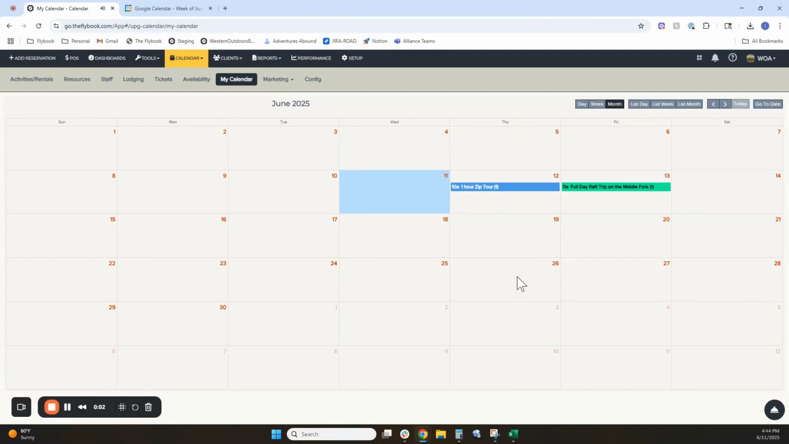All right, going to talk a little bit about setting up a connection between scheduled events or scheduled activities in Flybook and personal Google Calendar accounts. So I'm logged in as a personal user here that has a staff profile that is assignable to trips. So if I look here, I've got a zipline tour on Thursday and I've got a raft trip starting at